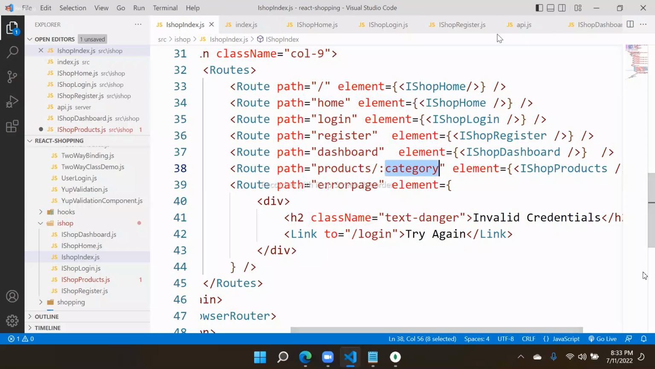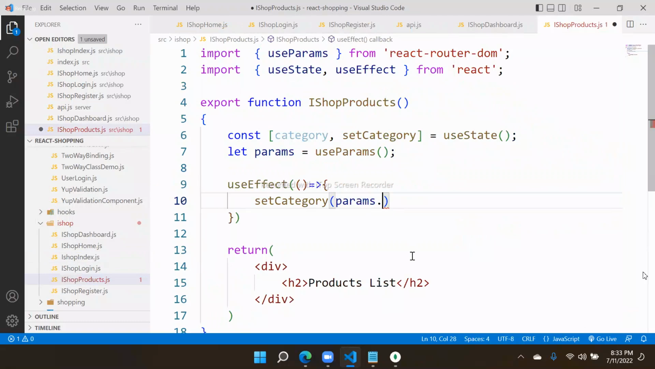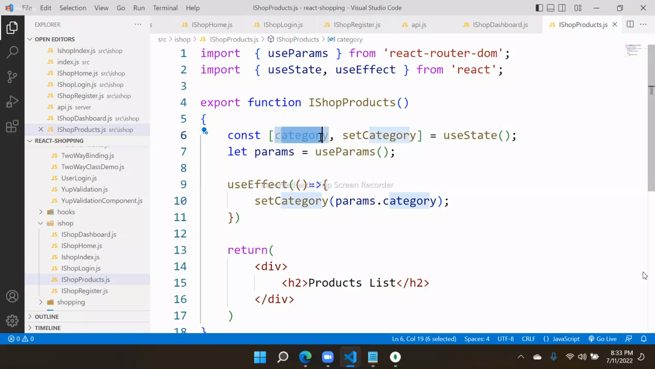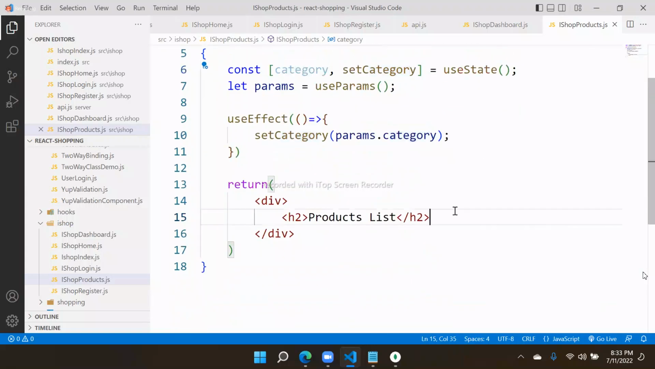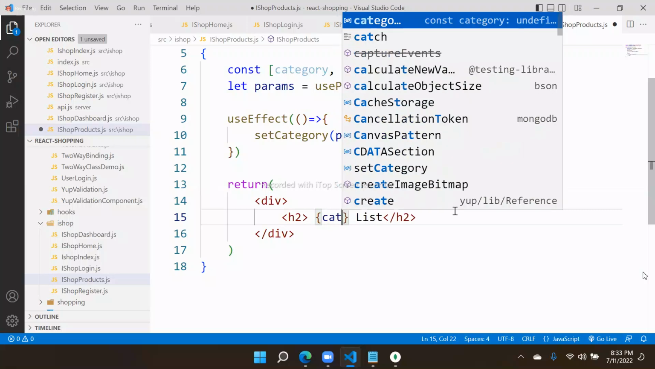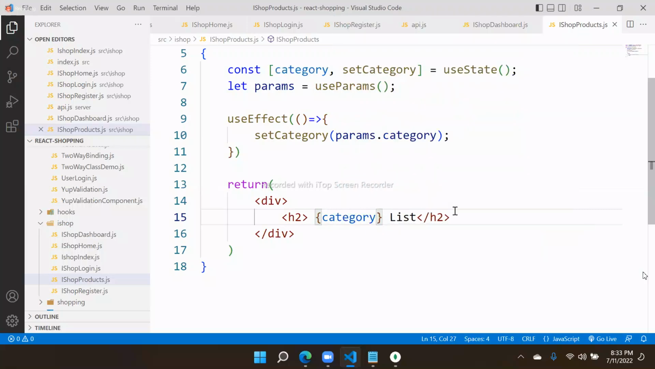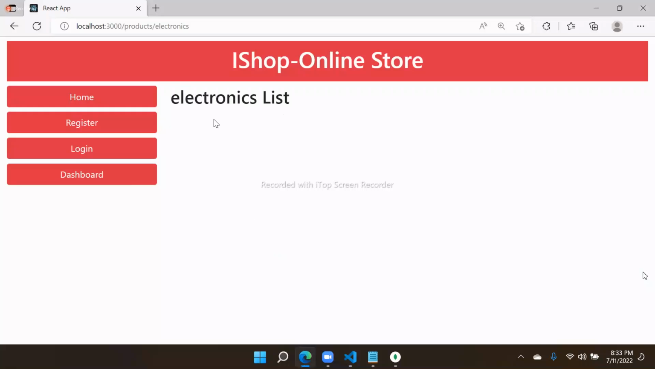That means I have to use it here. params dot, what is the parameter? Category. That means it will get that parameter and store it. Whatever parameter it collected, it is storing in this state that I have to display here. So here I will define an expression, the category name, and list. It should display electronics list